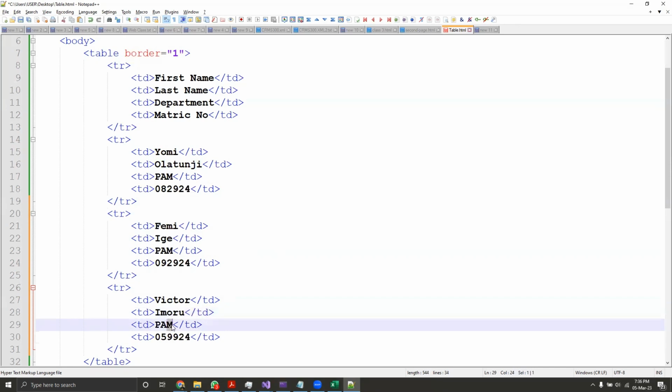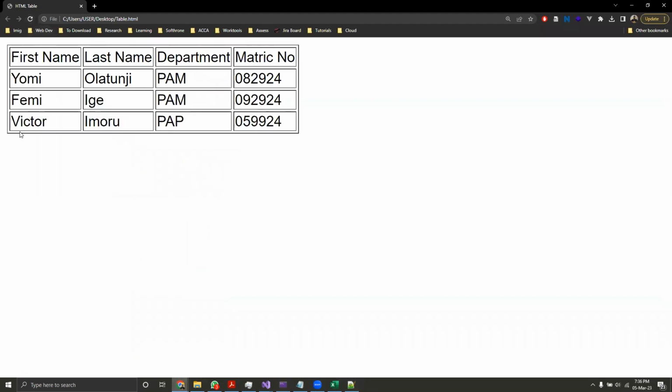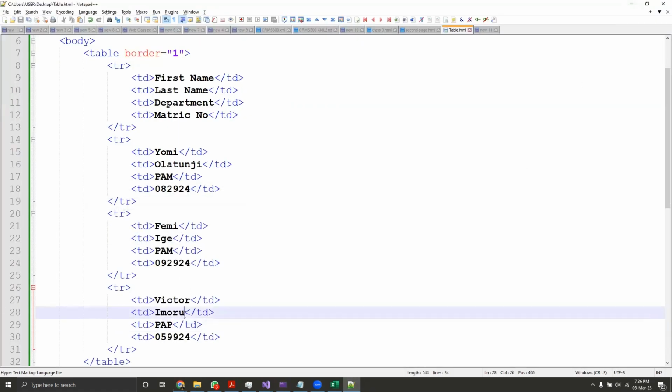Let me just put B, assume it's B. So I just try to add more columns, and then we can see more rows, sorry. So you can see what it looks like. Once you keep adding more rows, everything is going to align. Let me do something: one of these columns, you actually have a long name, and then we can see what happens exactly if, for example, I use